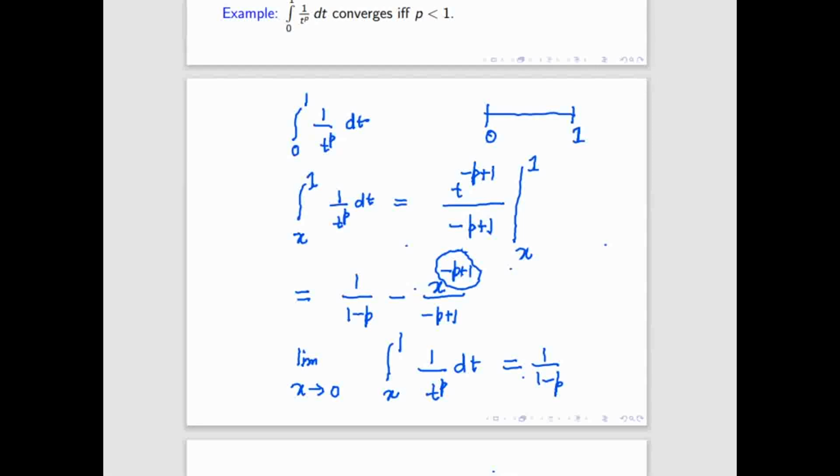If I write x tending to 0, then on the real line there are two types of limit: one is left hand limit, one is right hand limit. We don't know what is on the left hand side. So this limit 0 will be 0 plus. That means only the right hand limit we are finding here. If we suppose the function is not defined at 1, then we'll take 1 minus. 1 plus we cannot write, limit x tending to 1 also we cannot write. In this case we will write 0 plus. Is it okay to everyone?